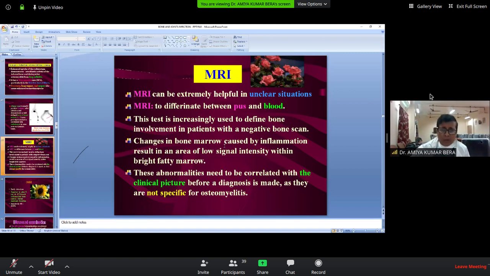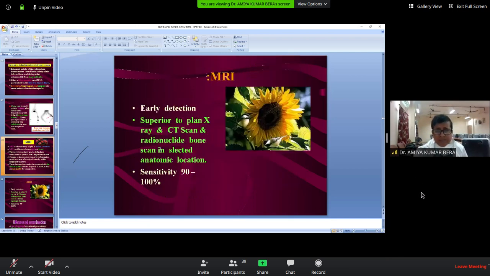But with the history of a child having fever, it points towards an infective etiology. So a very early feature is there in the MRI in case of an unclear situation, but that is not specific, and the clinical picture is very, very important. However, it has the advantage of not only early detection, there are also no radiation hazards, which is a positive advantage.